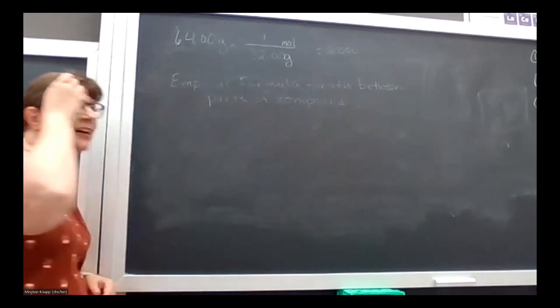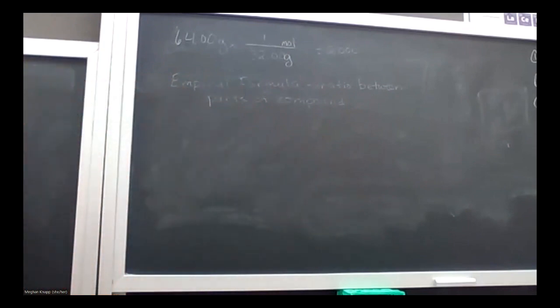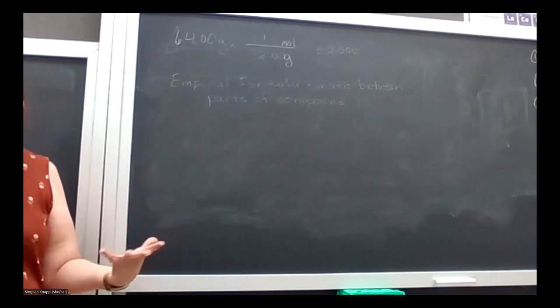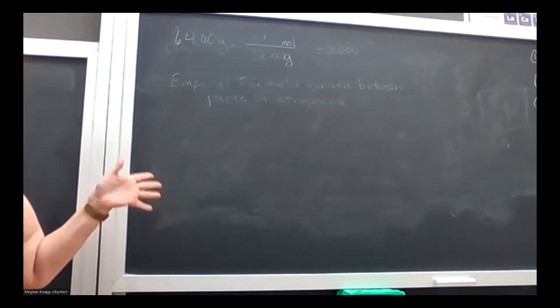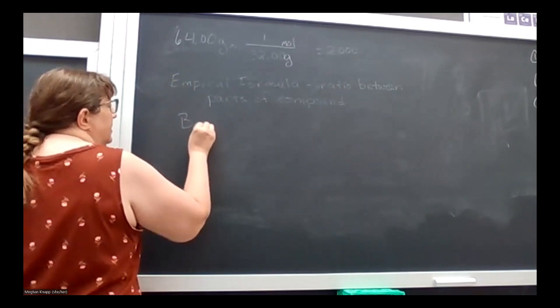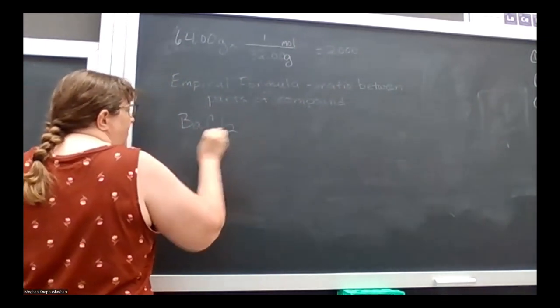You are going to have a salt. It's called Epsom salt, but that's just a common name for magnesium sulfate. I'm going to do an example with a different salt. So salt just means an ionic compound. I'm going to simplify this and say we have the anhydrous barium chloride, and that weighs